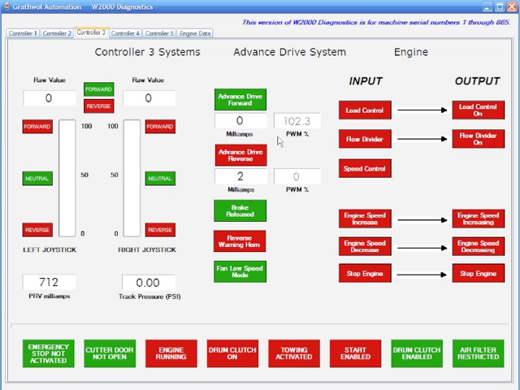Alright, now we're going to simulate an intermittent situation. You see how it comes right back to where it should be. If you're seeing this value on the left drop to 0 and this one ramp up to 100, you've got an intermittent open circuit. Now I'm going to bring the machine back to neutral,